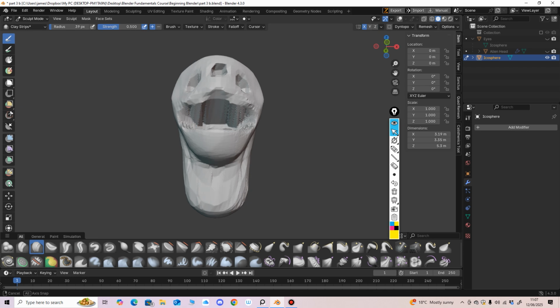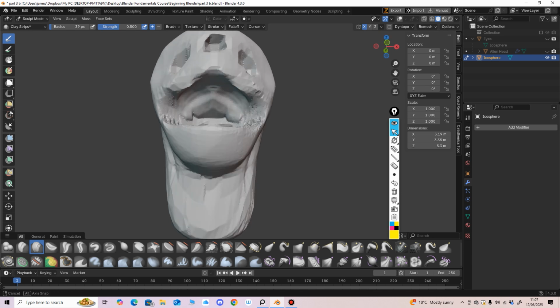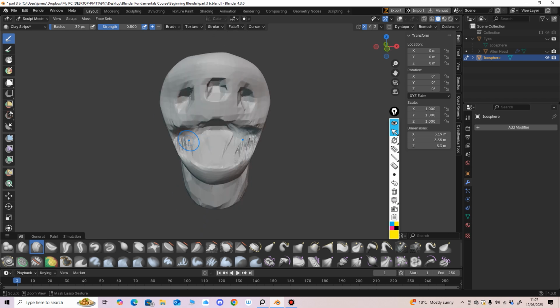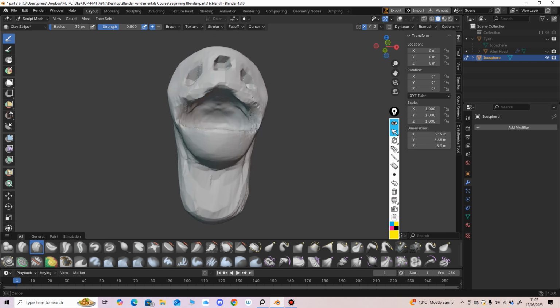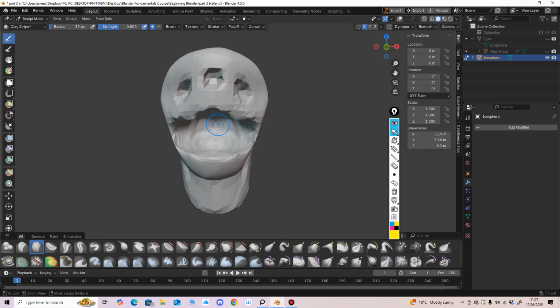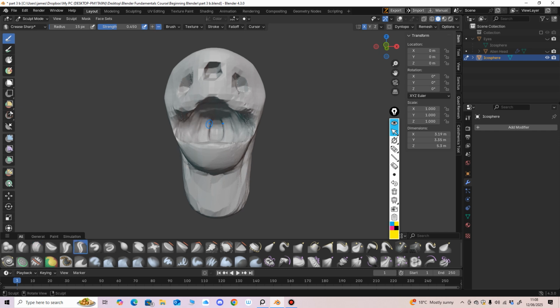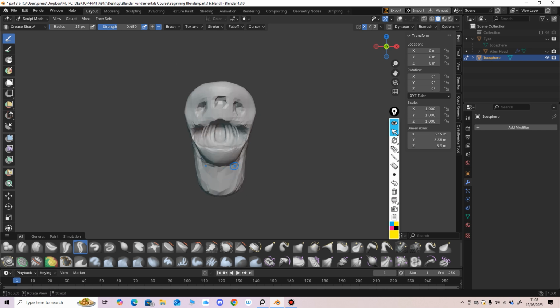Clay strips. Digging in. Create a mouth shape. I'm hitting control there to dig in, remember. What's into the back of the mouth there. If you go to crease sharp, you can go out, in, out, in, out, in, out, in. Out the back, right in,